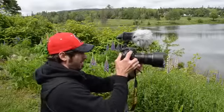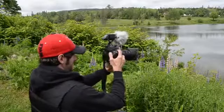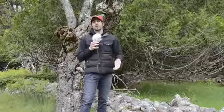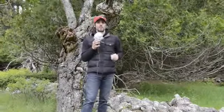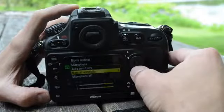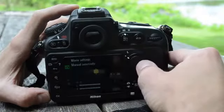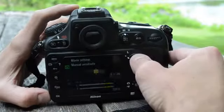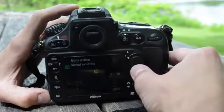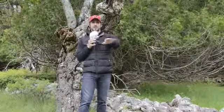Now let's talk about the D800's audio situation. I really like the built-in stereo microphone. I thought it performed pretty well. However, you're going to want to go for an external microphone. But one thing I noticed about the 3.5mm audio jack was that when I plugged my microphone in, the floor noise increased, so I had this hissing background sound. I think that's something that's characteristic of DSLRs and external audio. If you're really serious about audio, if you want pro audio, get a BeachTech XLR grip adapter,